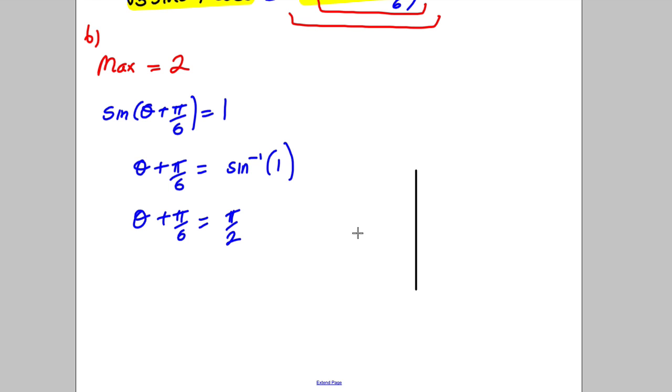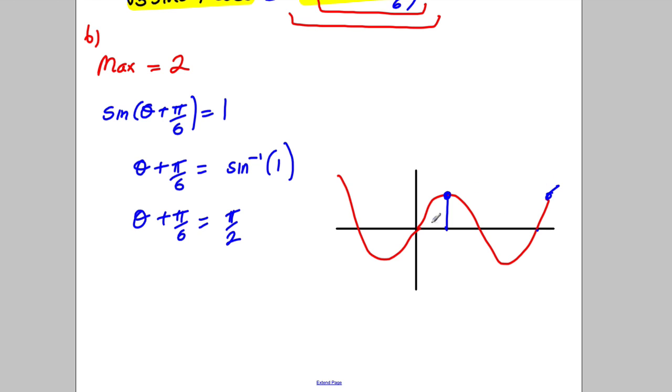So a quick sketch of our graph. So we're looking at the sine graph. The sine graph looks like this here. And you've got a value at pi by 2, and there'll be another one over here, which is well out of the range, and there'll be another one over here somewhere, which is well out of the range. So therefore, the value of theta would be pi by 2 subtract pi by 6,